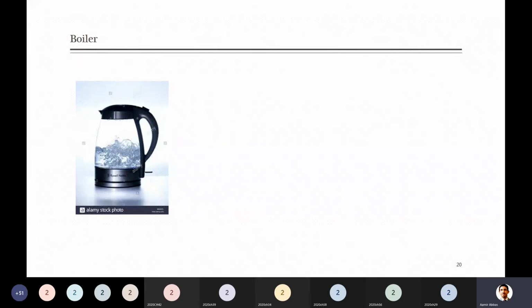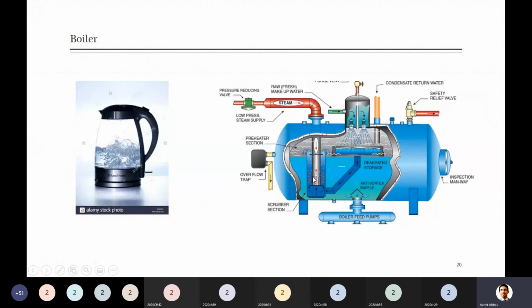Here I have shown you the diagram. Please don't get too confused, it is just to give you the idea of what a boiler is. You can enlarge this equipment on a large scale. This is one type of thing we call a boiler. In this boiler, we have water somewhere inside, and the water is heated by burning some fuel inside the equipment. That's definitely complex equipment, no need to go into detail. Just the idea that you fill the water, and when you heat this water, vapor will be produced and collected, and that is called steam.